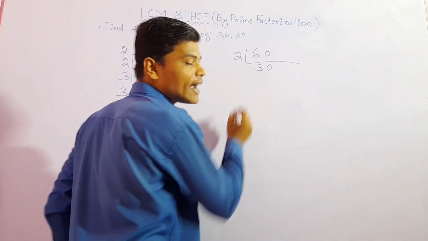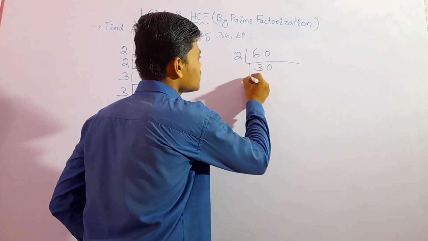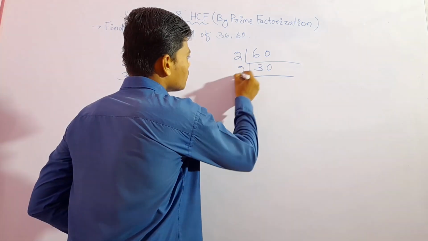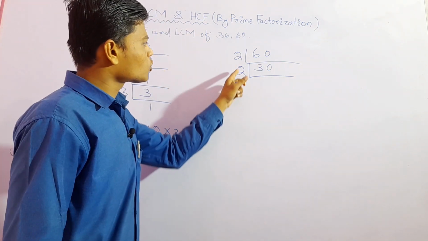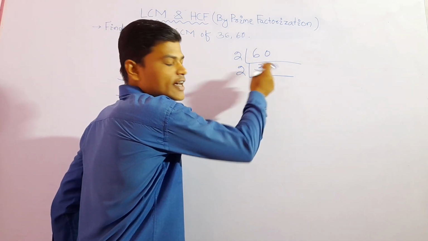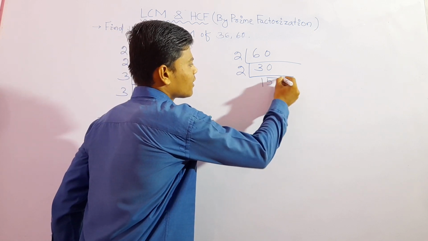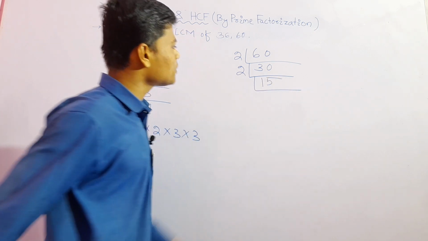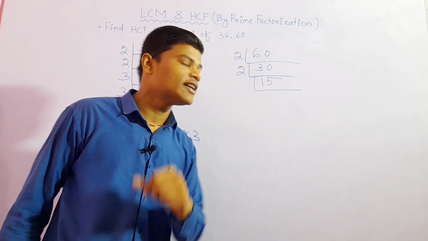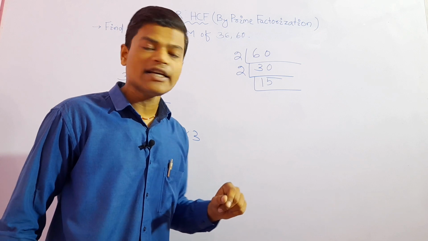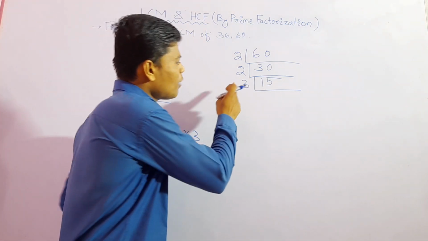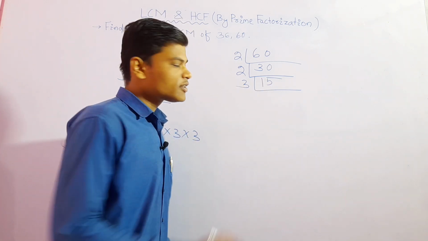Again we have to divide 30 by the lowest prime number possible. 30 is also divisible by 2, so let's put 2 here, and 2 is the lowest prime number. So 2 one time is 2, and again 1 left here, and 1 and 0 make 10, so 2 fives are 10. Now we have 15 here. 15 is not divisible by 2, so we need to go to the next prime number, that is 3. 15 is divisible by 3, so let's put 3 here. How many times does 3 go into 15? 3 fives are 15.